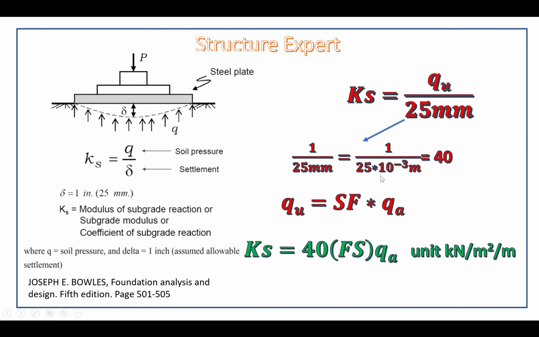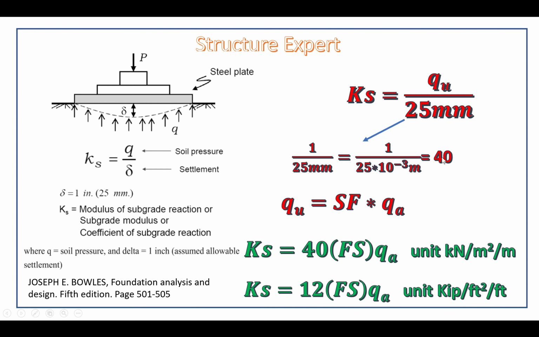This relationship, and if you want to use imperial units, you can use square foot per foot, and so it is equal to 12, because 1 inch is equal to 1 divided by 12 foot. So when you convert this unit, you will go to 12 multiplied by the safety factor multiplied by the QA, the